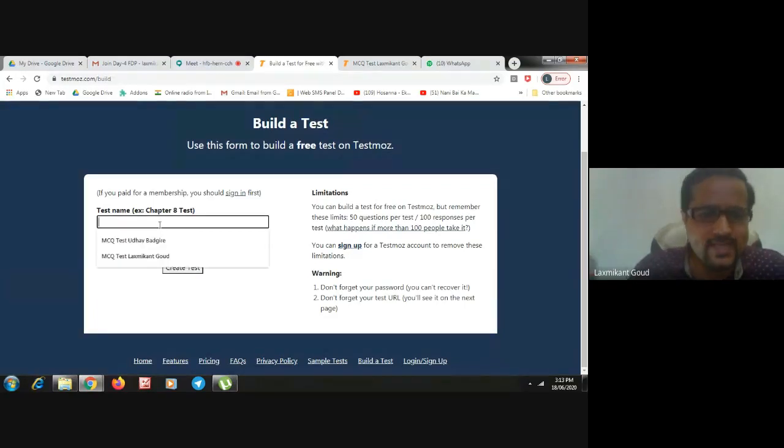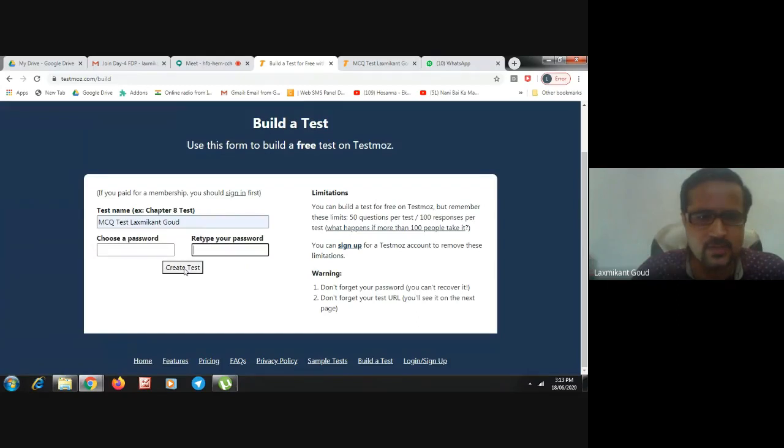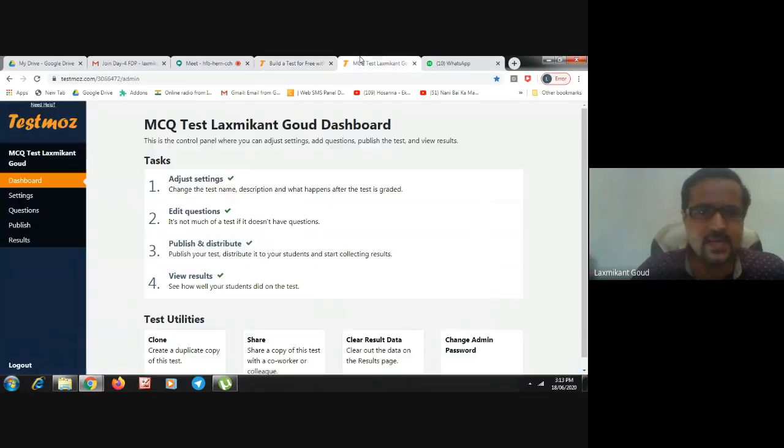So we can give the test name. I will show you. I have already created a test like this. You can give a name like MCQ test and your name, so students know that this is your test. Then you can choose a password, retype your password, and then click on create test. Once you click on create test, it will show you this screen.